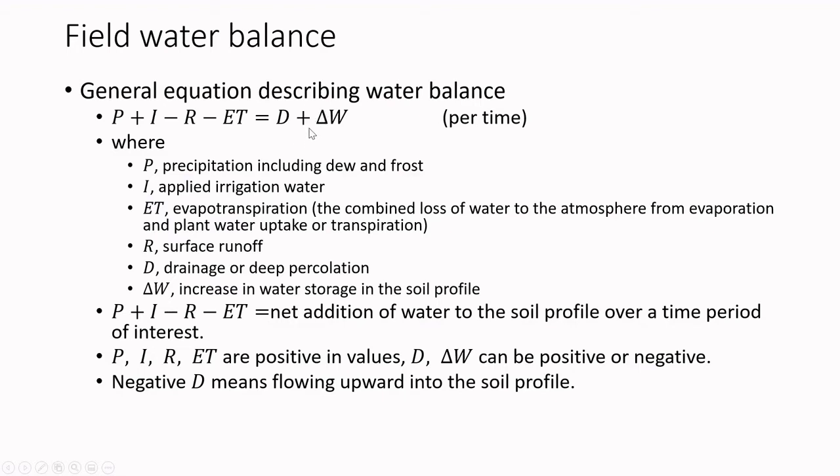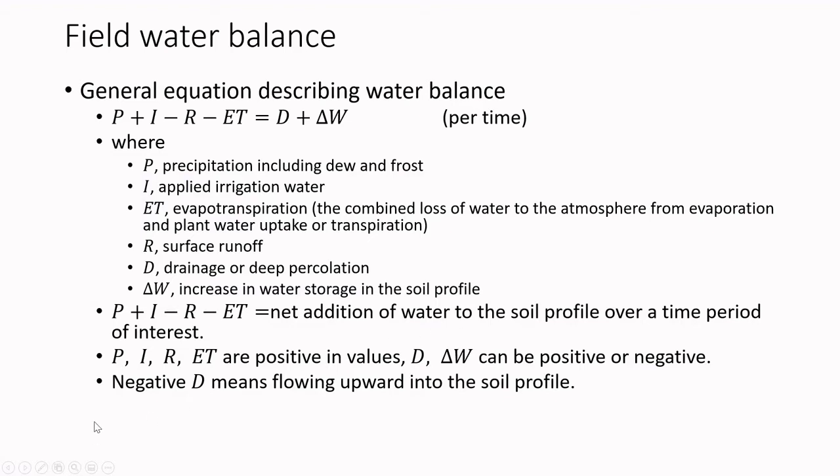And then plus change in W. The W, of course, you can basically guess. Change in W is basically an increase of water storage in the soil profile. So if it's positive, then it's an increase of water storage in the soil profile. If it is negative, then it's a decrease in water storage in the soil profile. So P plus I minus R minus ET is actually the net addition of water to the soil profile over a time period. Basically, it's how much water is actually being added to the subsurface,